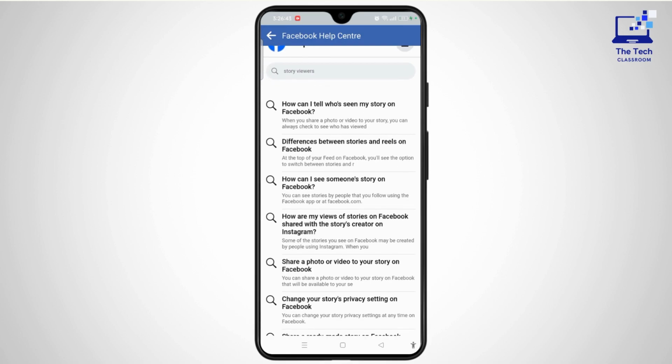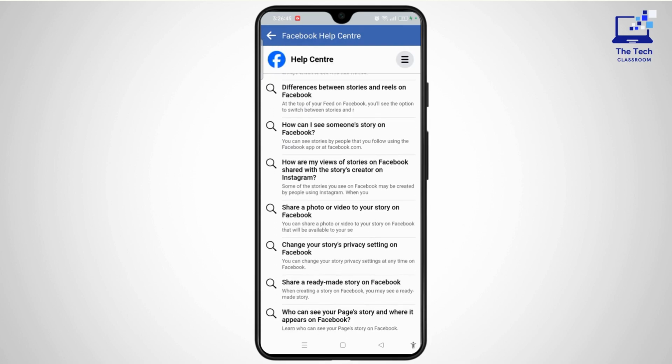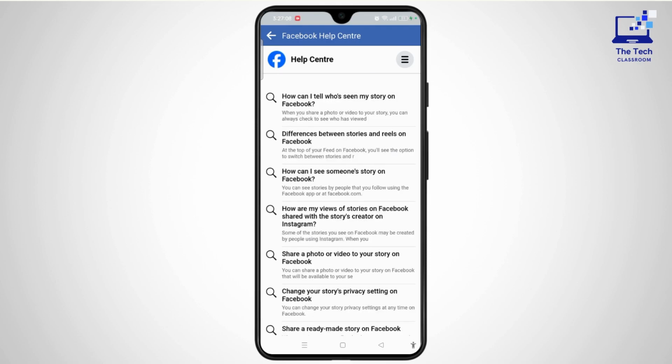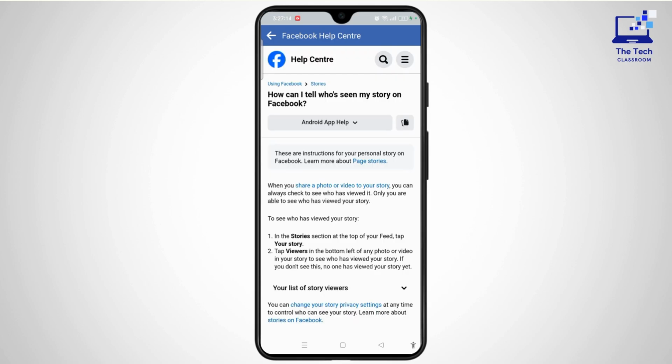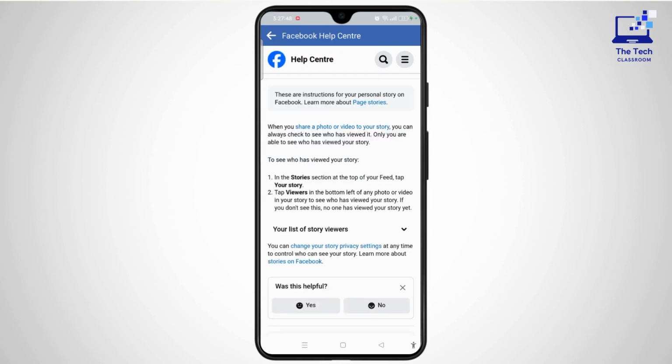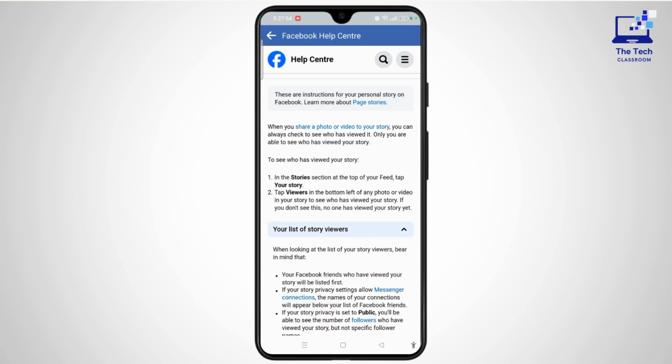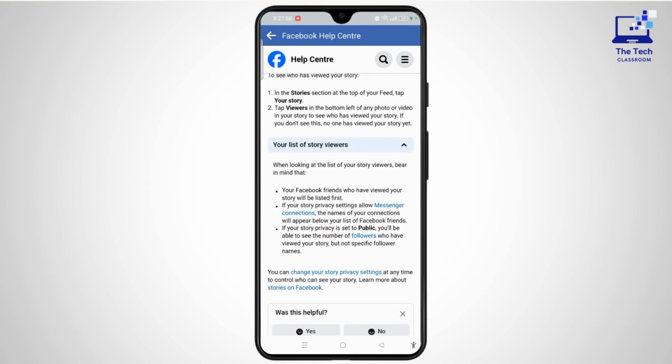Here are different options, so you need to select the option here: How can I tell who has seen my story on Facebook? Select it. Once you reach here, when you scroll down, you'll find the option of your list of story viewers. Simply select the arrow next to it, and in this drop down option at the bottom you will be